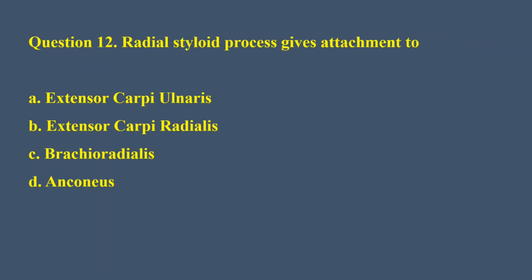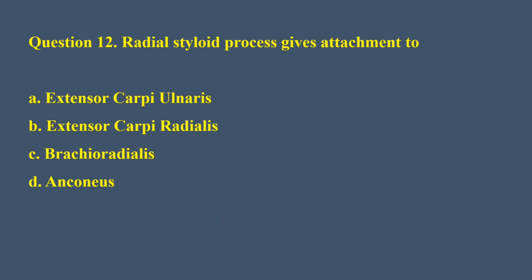Question 12. Radial styloid process gives attachment to A. Extensor carpi ulnaris, B. Extensor carpi radialis, C. Brachioradialis, D. Anconeus. Answer is